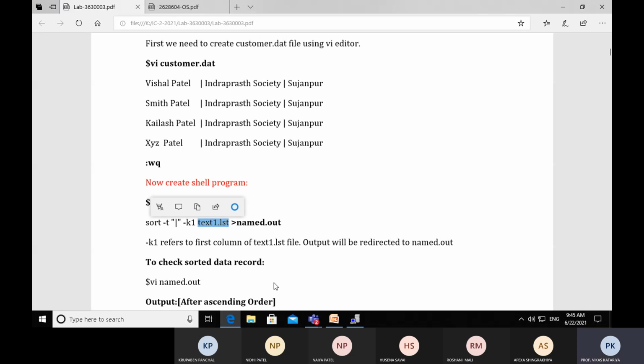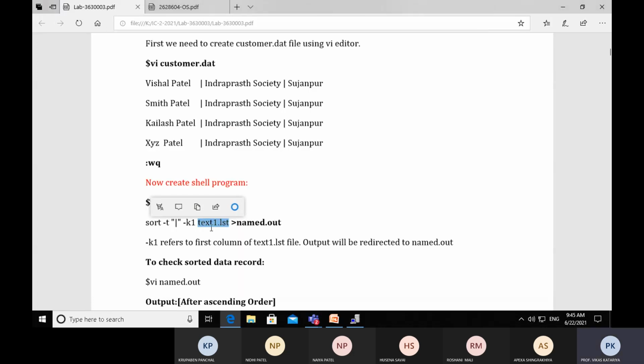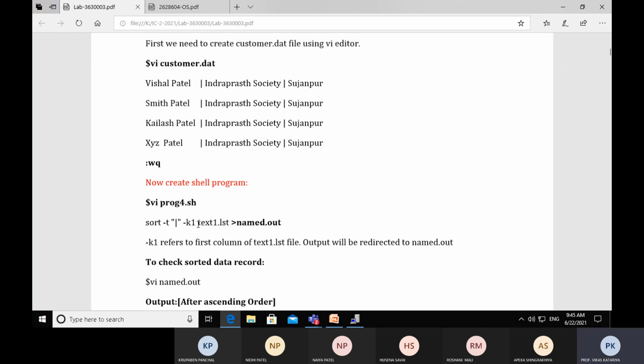For simplicity we have kept text1.lst here, but in practice we will apply customer.date. In this way you perform sorting on the first column in the file text1.lst or customer.date.